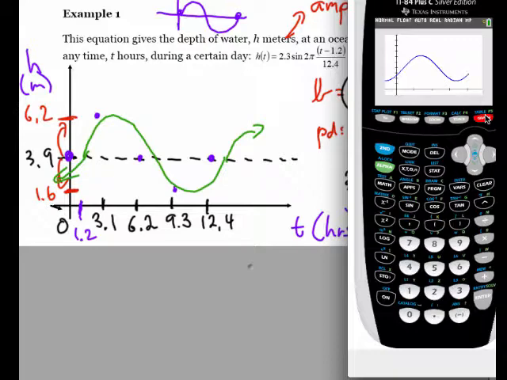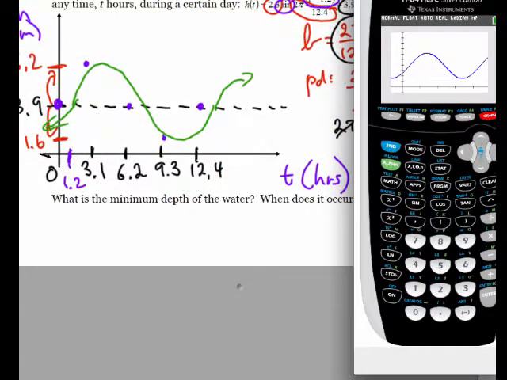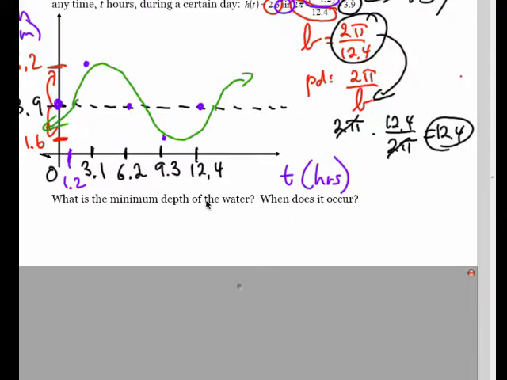And it does, so we're good. Alright, let's use this now to answer some practical questions about this situation. The first one is, what is the minimum depth of the water during this 12.4-hour period, and when does this happen? Well, I can see just from my hand-drawn graph that the minimum water depth is here, and this is occurring at this time value right here, which should be a shift of 1.2 units over from the 9.3. So 10.5, and then the minimum depth of the water should be 1.6,